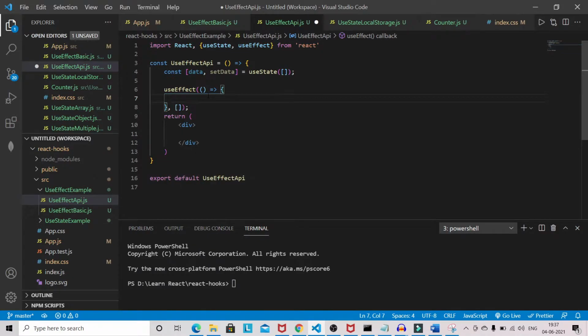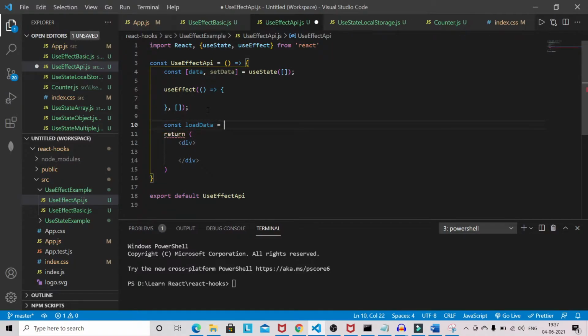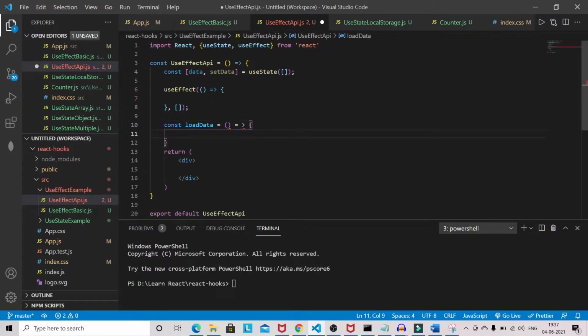So let's get the response. I will do this in this way. Const loadData. We need to define the function here, which will basically be loading the data.